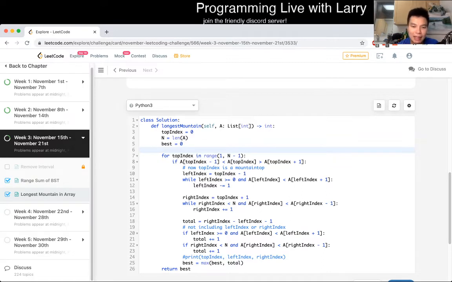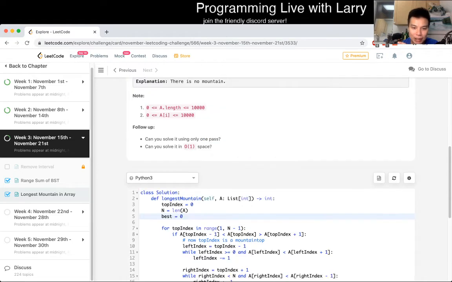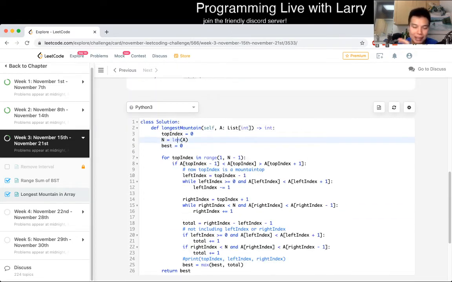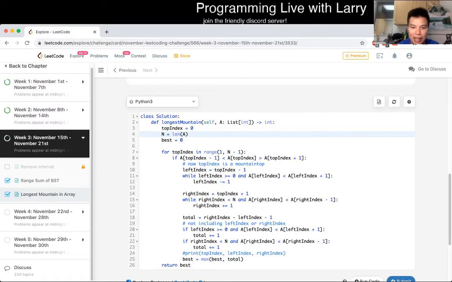So what I mean by that is, how do we figure this out? This is actually linear time. Okay, so I would say two things. One is, let me skip ahead a little bit, for space complexity, we're doing O of one space because we only have a couple of variables. So it's O of one space. I hope that part is obvious. I just want to get that out of the way. And then for time complexity, this is O of n, because if you look at,